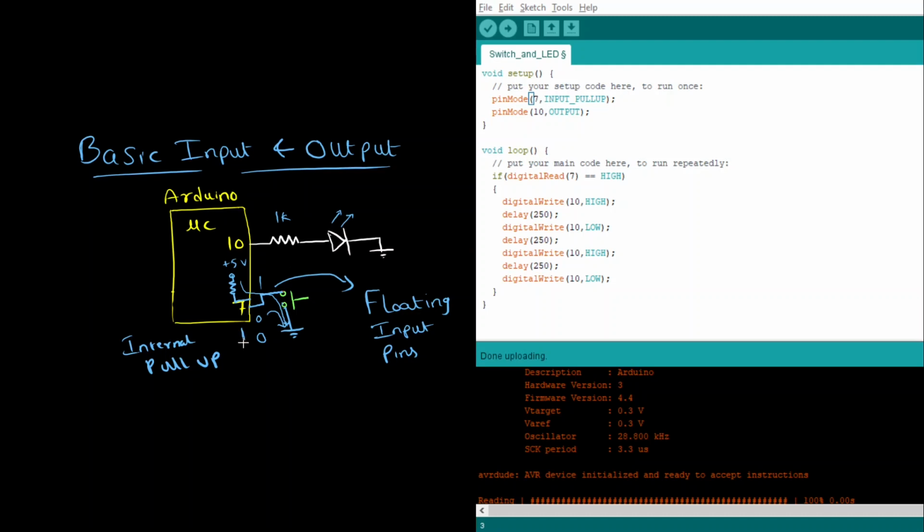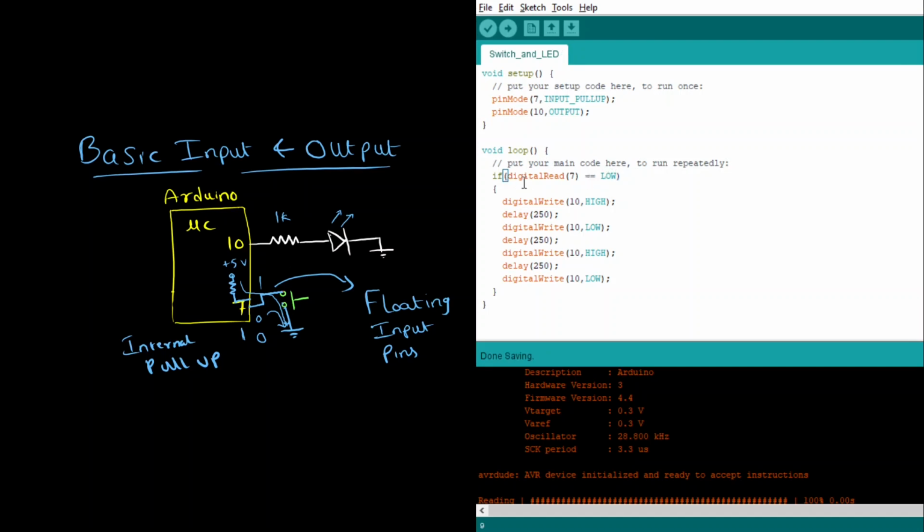Okay, so even though you have not connected anything on the outside, after enabling the internal pull-up resistor, by default the logic value at pin number 7 will be high, and whenever the user presses this button, the logic value at pin number 7 will go to 0. Now what you need to observe in the code is that the logic is going to change. In our previous circuit, whenever the button was not pressed, the logic value at pin number 7 was 0, and when the button was pressed, it was high, right? But now if you look at this particular circuit, it's exactly the reverse. So we need to just change this to LOW in the program.